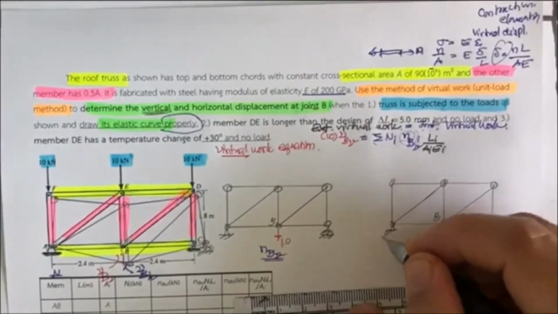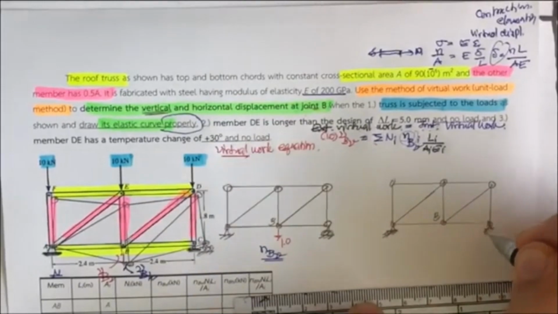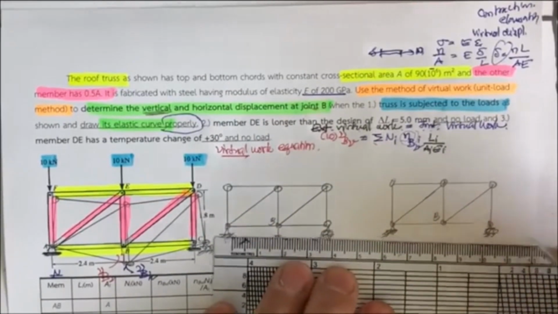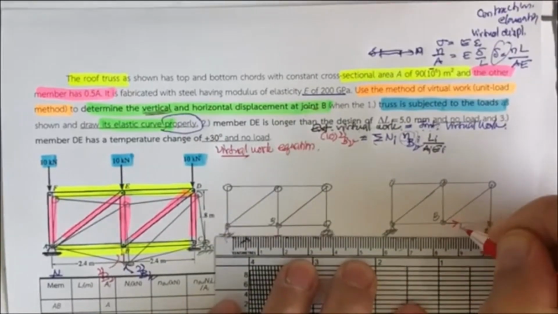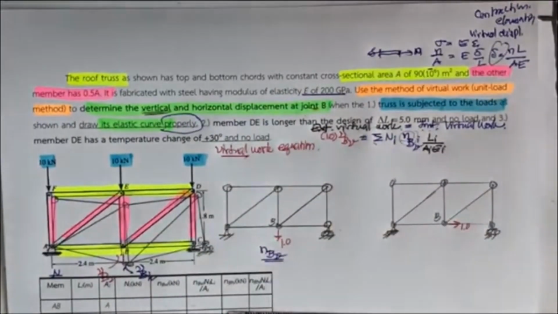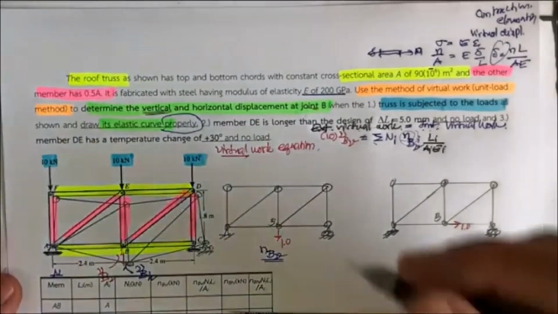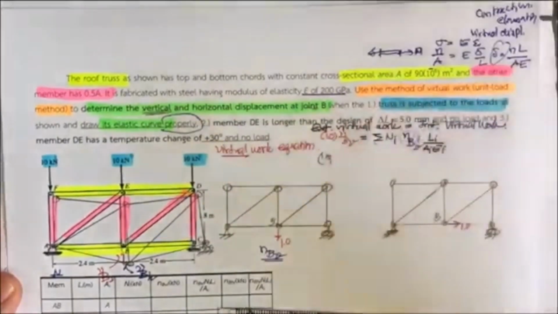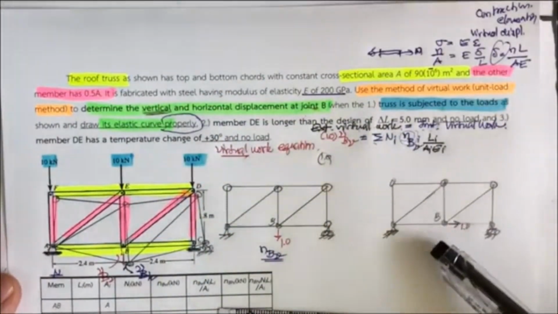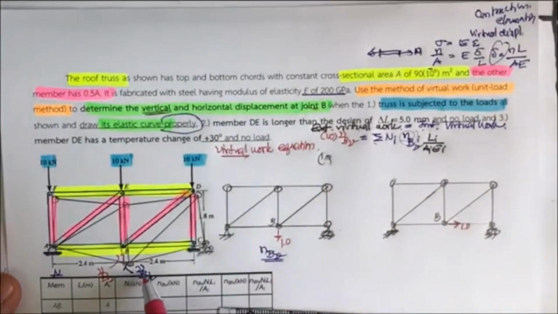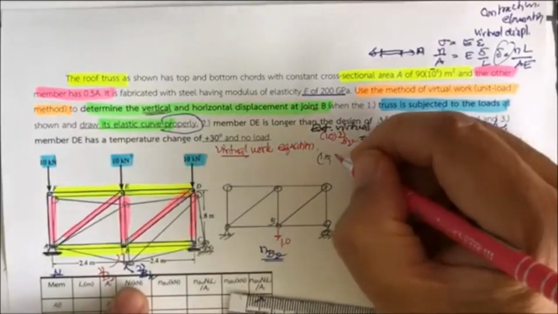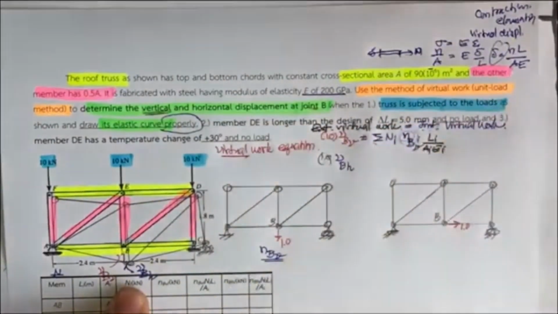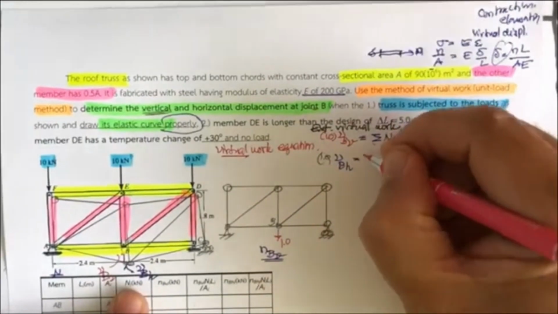So you can put the 1 unit force at B, but this time in the horizontal direction like this. And you have this 1.0 this time, times the displacement at B in the horizontal direction, delta sub B horizontal, and then it's going to be equal to